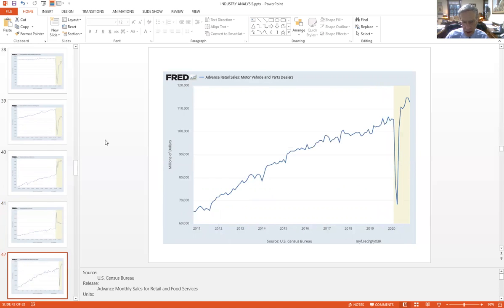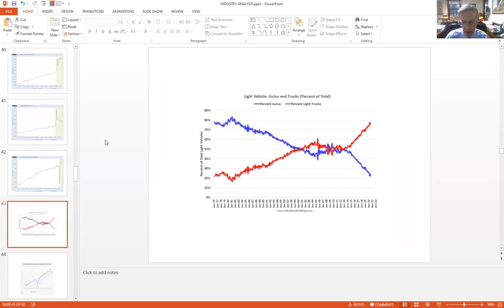And the retail, cars, the automobile market, and the automobile manufacturing industry. Rather interesting is the way in which the automobile